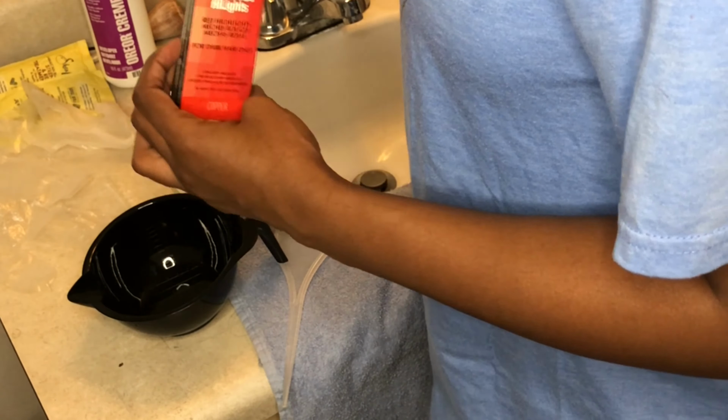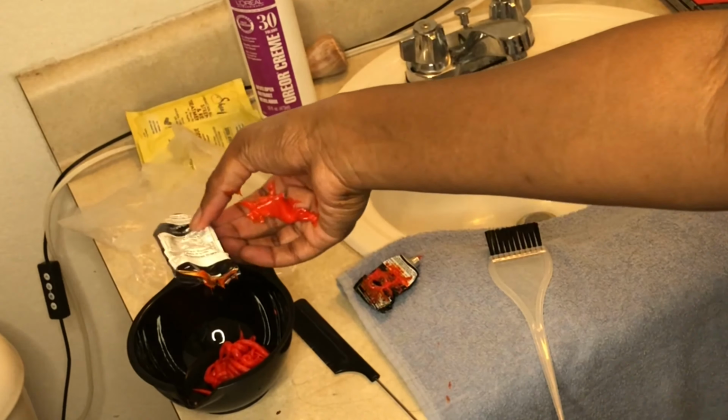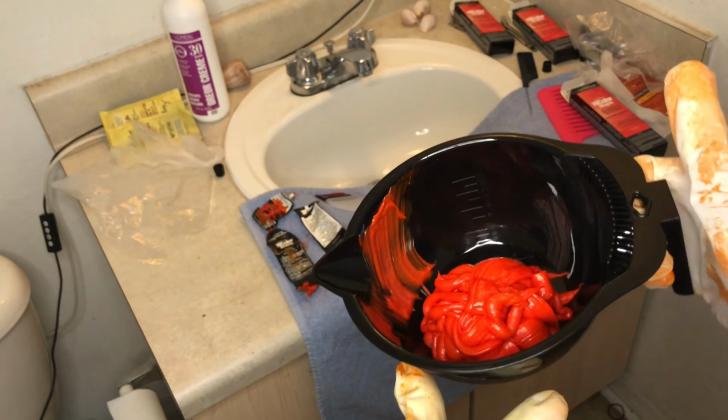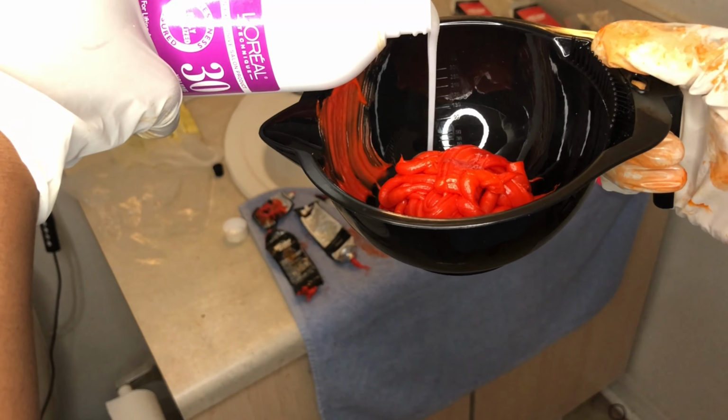I want y'all to really get into this. Oh, wait, there's a cap thing on it. Wait, no it's not. Wait, it is. Does it just bust open when you squeeze it? Oh gosh. Y'all, what am I doing wrong? Yeah. So I did all 3 bottles. This is about the best it's gonna get. And I'm about to eyeball this developer, honestly, because